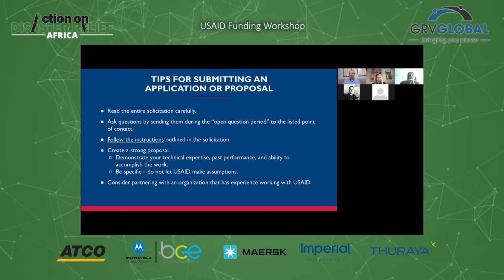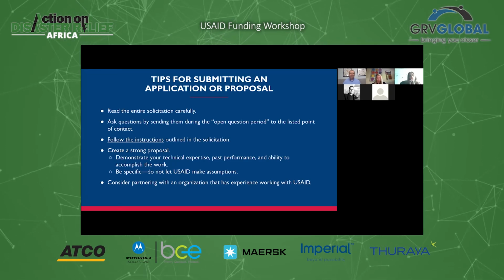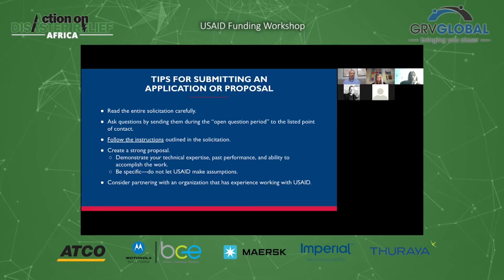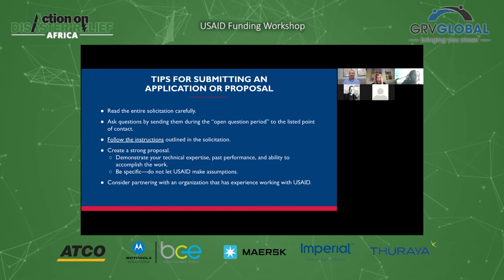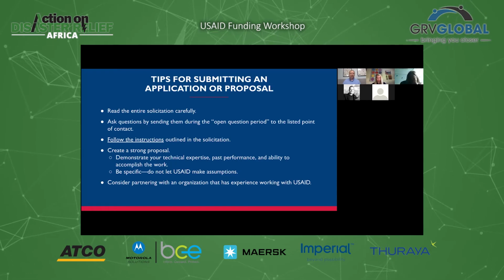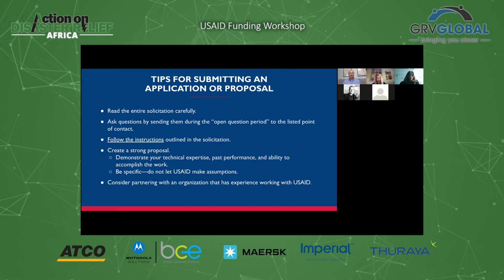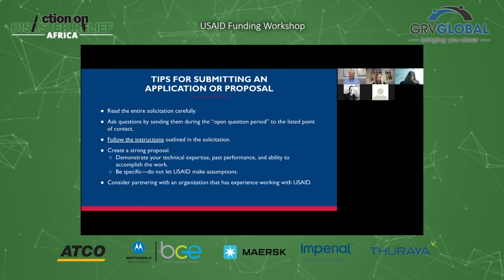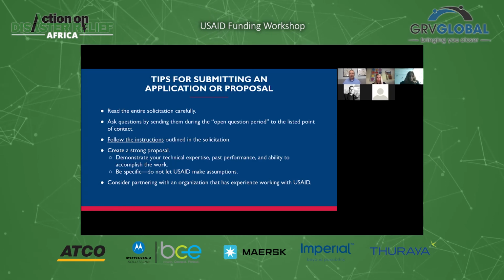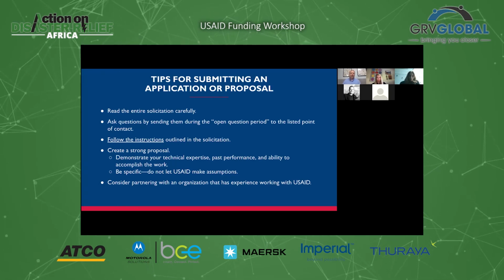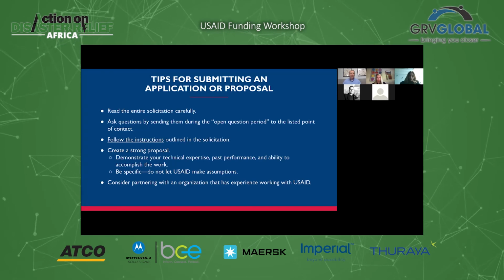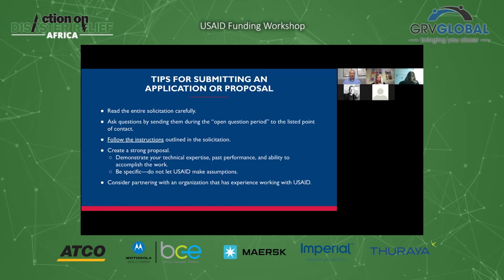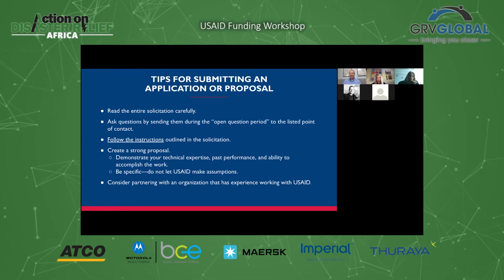One of the things we're always looking for is whether this organization is able to manage US government funding and effectively help us achieve the goals and objectives outlined in the application or proposal. That's what we're really looking for: your technical expertise and experience in this particular area. And when you're putting together a proposal, I think it's very important to be very clear and specific. The solicitation, like I said, will have specific instructions and information that we're looking for. Be as clear and concise as possible.